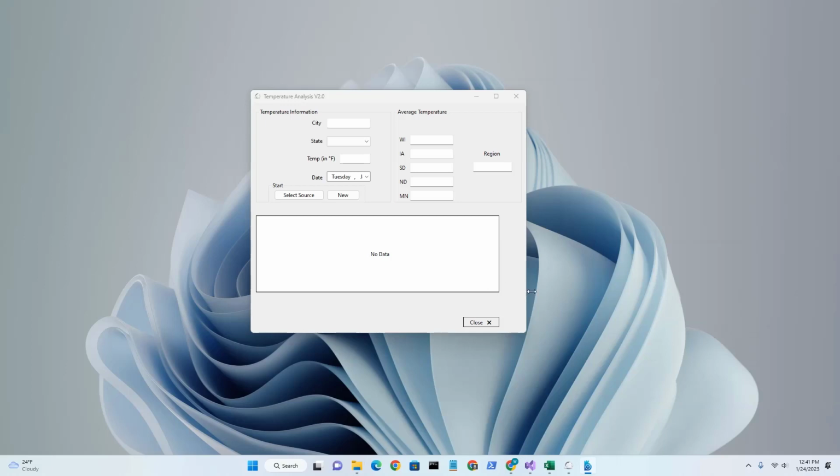Alright, so this is my demo for the application for project 2. I'm going to start by listing the components. So there's 15 buttons, 1 datetime picker, 3 combo boxes, 3 group boxes, 9 text boxes, 3 forms, and 5 picture boxes. The user starts by either selecting a source or clicking the new button, which creates a new database